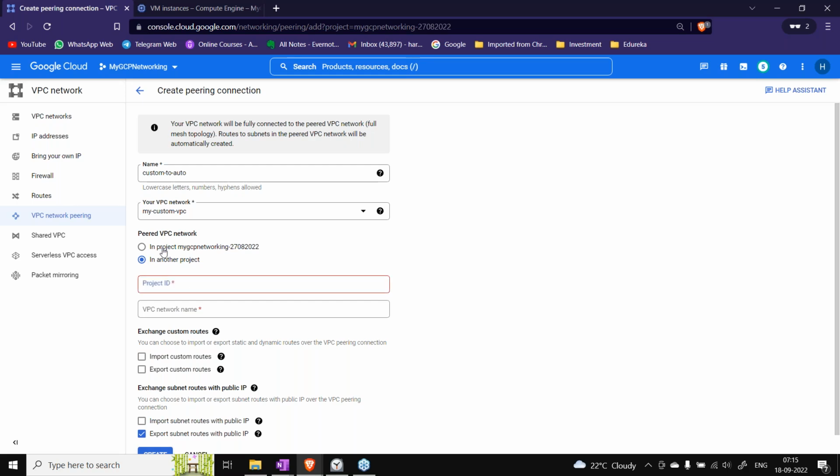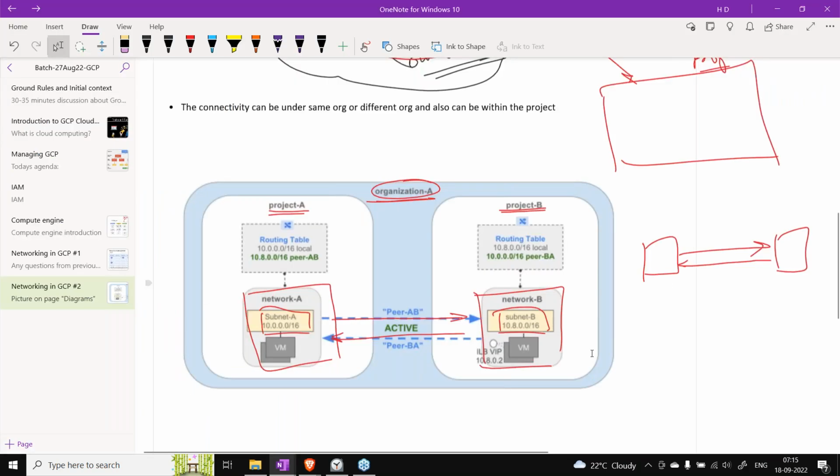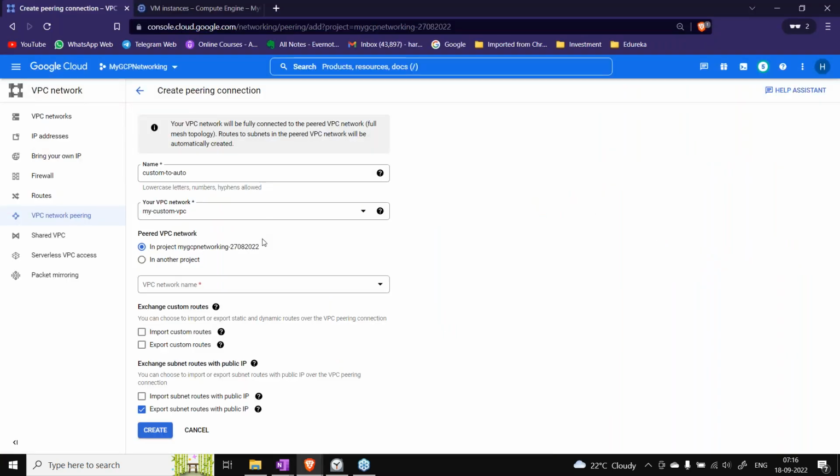So for the peering that I was showing on the diagram, if they are in different projects, as shown in this particular diagram, this peering will appear in one project and this peering will appear in another project. Whereas in our demo, it will be shown on the same console.